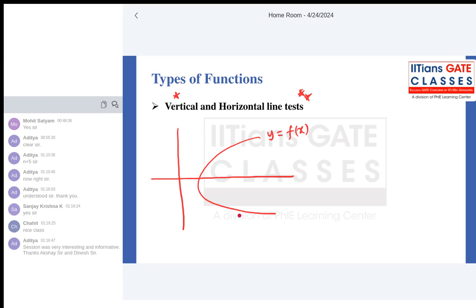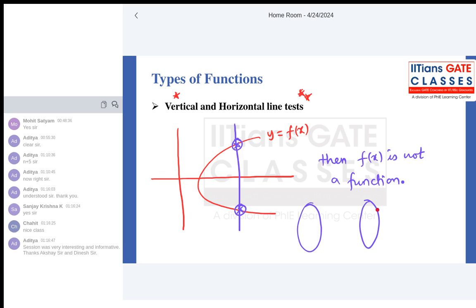if you draw a vertical line and it intersects your function graph at more than one point, in this case it intersects the function graph at two points, then this f of x is not a function. And you can relate to it, right? For example, if you draw the set notation that we discussed,